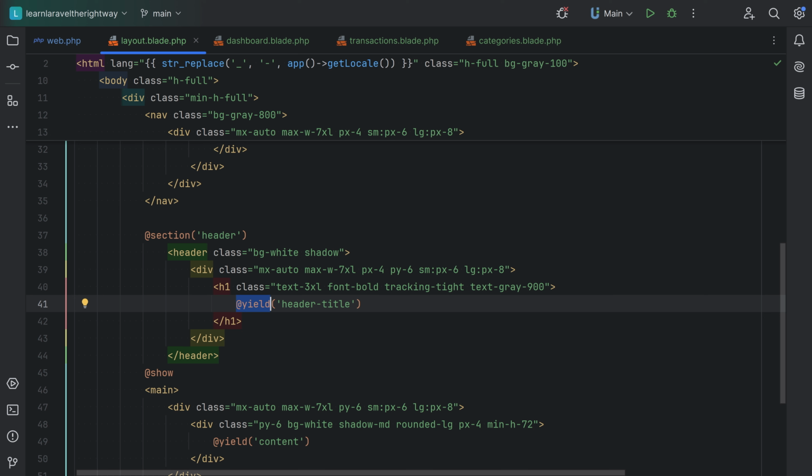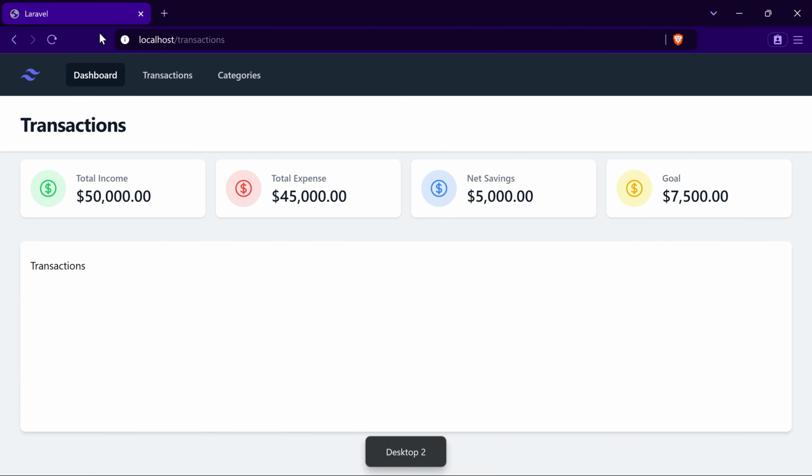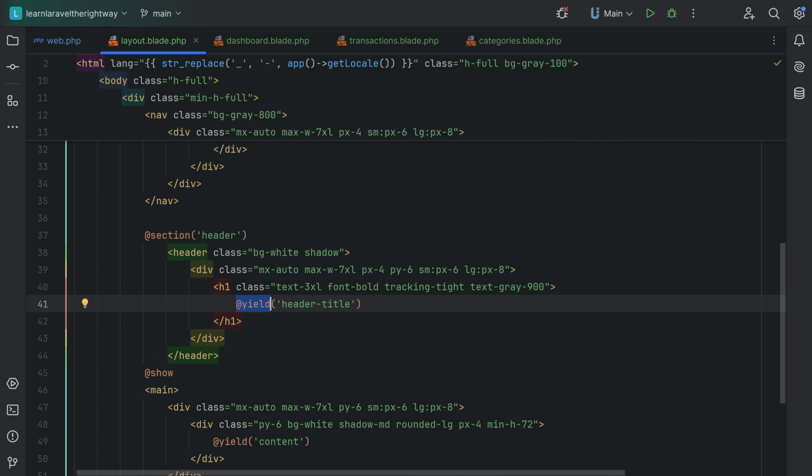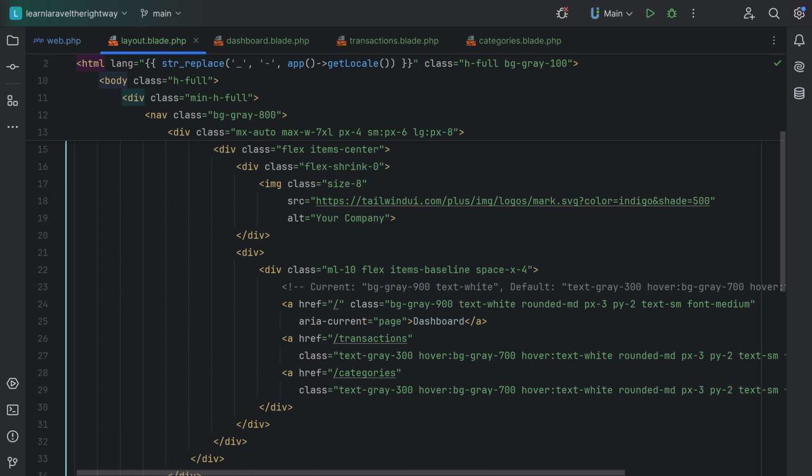The one thing that still needs fixing in this page is this highlighting here. So when we go to the transactions page, the dashboard is highlighted, and the same for categories. Dashboard is always highlighted. I'll leave that for you to do as homework. You can dig into the documentation and I'm sure you'll be able to figure it out. You basically just need to get the current URL and compare if the current one is the home route, or if it's the transactions, or if it's categories. And if it is, then use these classes for the current page, and otherwise use the default classes when it's